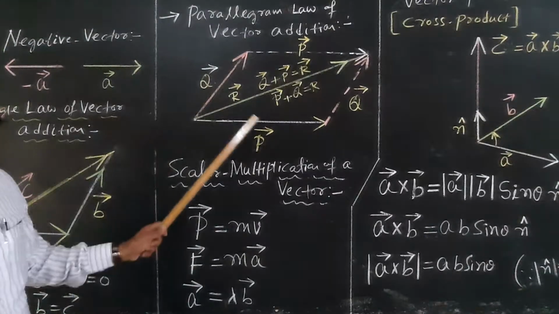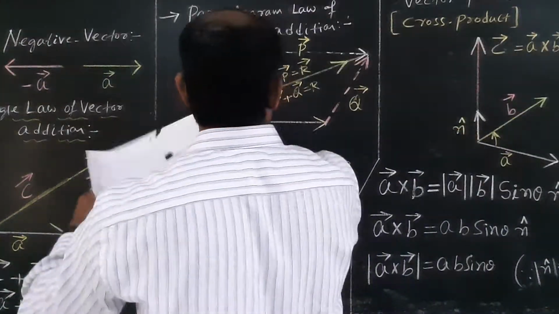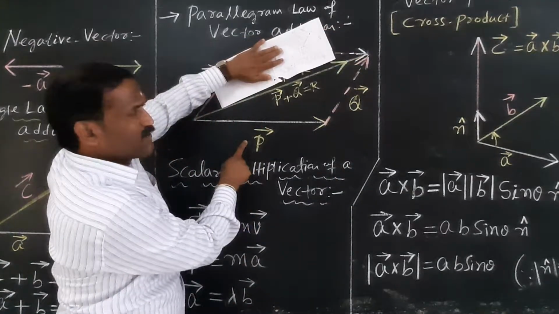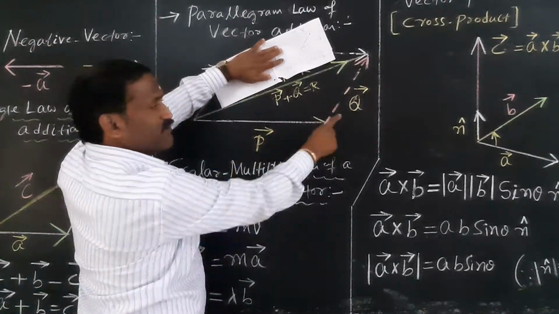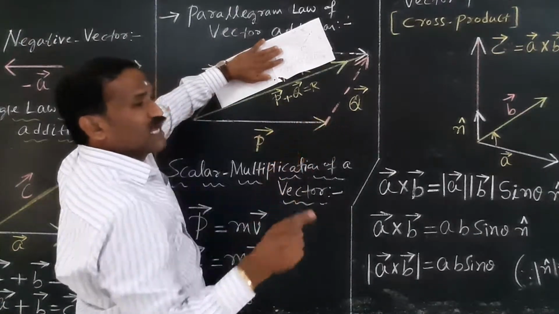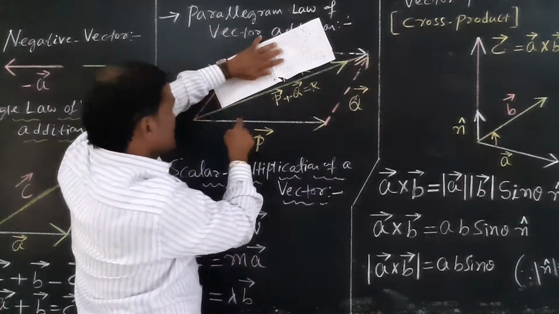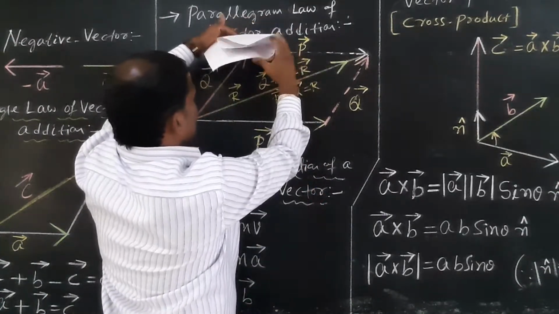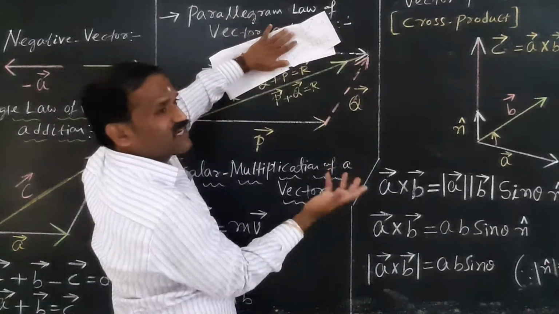So now, if you take half of this one, you close this parallelogram. This is like two triangles only. Observe carefully. This is vector P. This is vector Q. Again, this is triangle of vector addition. Vector P and vector Q acting along the two sides of a triangle taken in particular direction. Where is the resultant vector? This is the resultant vector, taken along the closing side of the triangle.